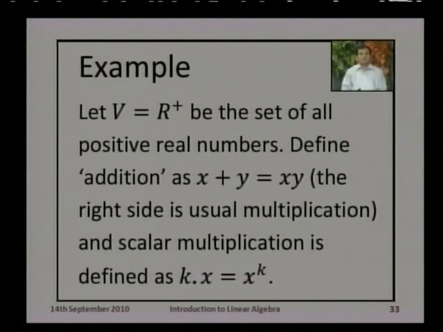Let us see another example which is very important, in the sense that here we can see that the 0 element need not be 0, rather it can be something else. Similarly, the additive inverse need not be just minus u. If u is an element in the set, minus u need not act as the additive inverse. That is just a notation.